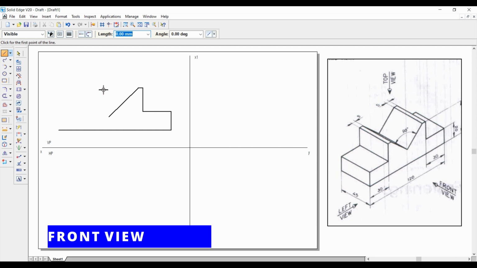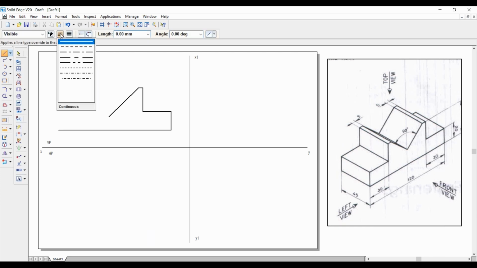Next we have to draw the axis line because it is a symmetrical part. We have drawn the half part, so using the mirror option, we can easily replicate this on the other side. For that, we need a reference line, that is the axis line. So we'll select the line here, then the third option. Now we have to select the middle one. So you can see here, now this shows the middle one. So we'll draw here a straight line.